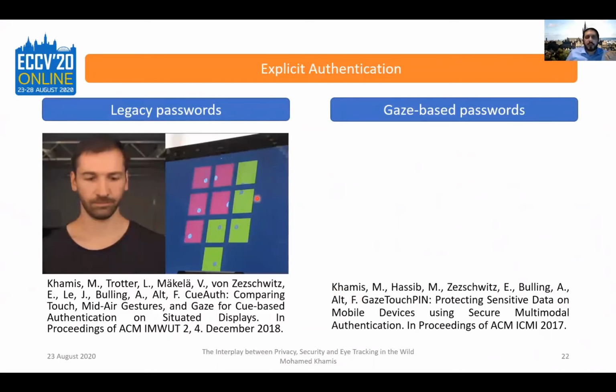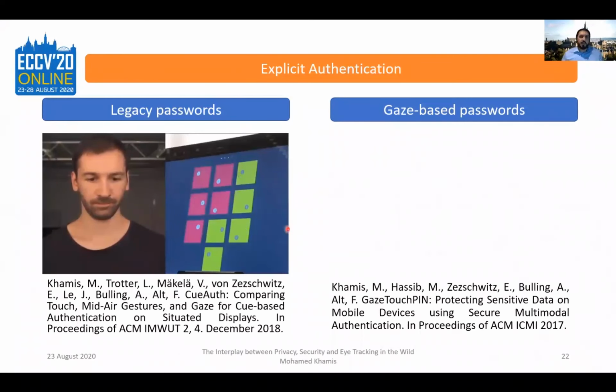What happens here is that the user is shown tiles or keys similar to a pin pad. And then there is a moving digit in each of those boxes, and each one is moving in a unique way. Depending on how the user's eyes are moving, we correlate their eye movement to the movements of the objects on the screen. So basically, the user performs a smooth pursuit eye movement to follow one of these objects, and we compare this movement to the movement of the objects on the screen, and this tells us which object they're looking at. This way, they're entering pins that, at the end, consist of digits, right? So they're only using gaze to select pins, basically.